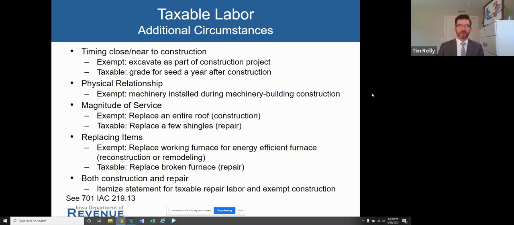But if that same company is hired to do grading for a landscaping project, or simply to keep water away from a building, whatever it may be, sometime after the building is complete, after the building goes up, here on the slide, and in the rule, it uses the duration of a year after the construction of the building, that's going to be a taxable service. So more detail, of course, like everything else in the administrative rules.